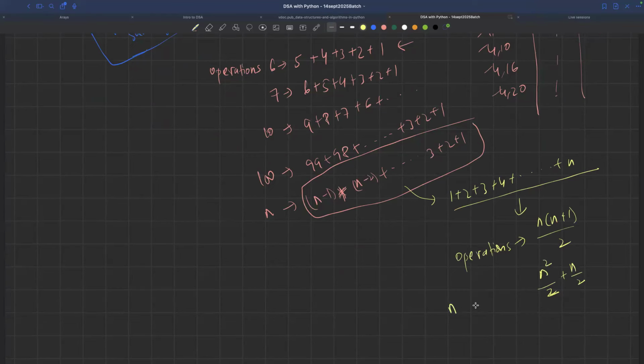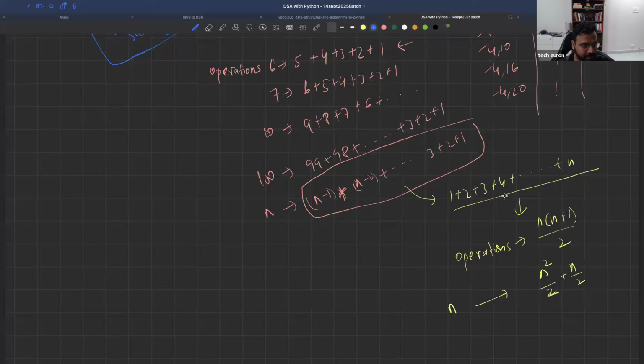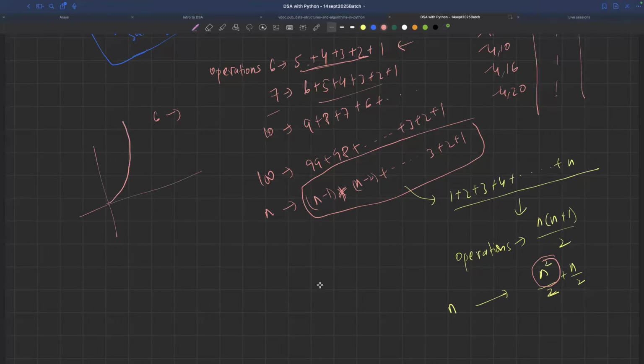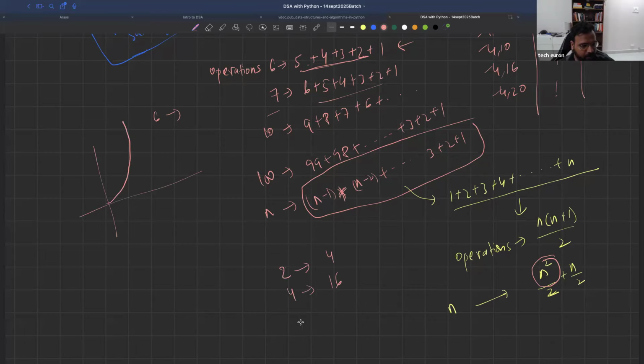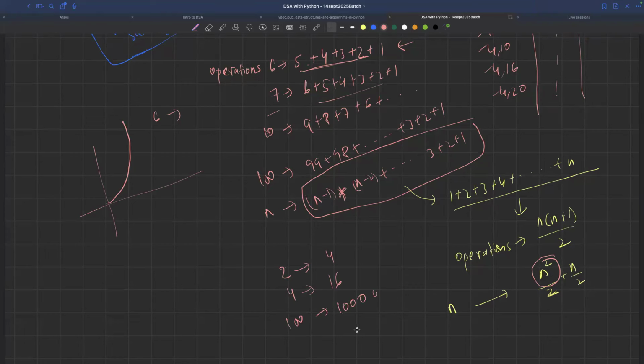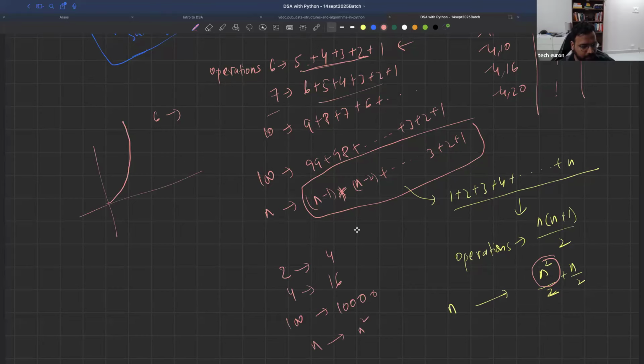यानी जब लेंथ n था तो हमको रफली n² ऑपरेशंस करना पड़ा। यहां से भी आपको दिखेगा, जब 6 था तो इसका सम आप करोगे और फिर 7 का इसका सम करोगे, उसको प्लॉट करोगे तो आपको ऐसा ग्राफ दिखेगा। यानी जब 2 है तो रफली 4 करना पड़ रहा है, जब 4 है तो रफली 16 करना पड़ रहा है, जब 100 है तो रफली 10,000 करना पड़ रहा है। n है तो रफली n² करना पड़ रहा है। तो ये n² हो गया। n होता तो जब 2 था तो रफली 2 था, 4 था तो रफली 4 था, 100 था तो रफली 100 था। अब ये मैं रफली बोल रहा हूँ।